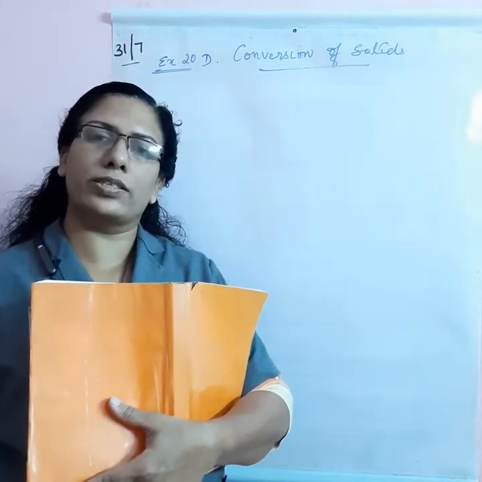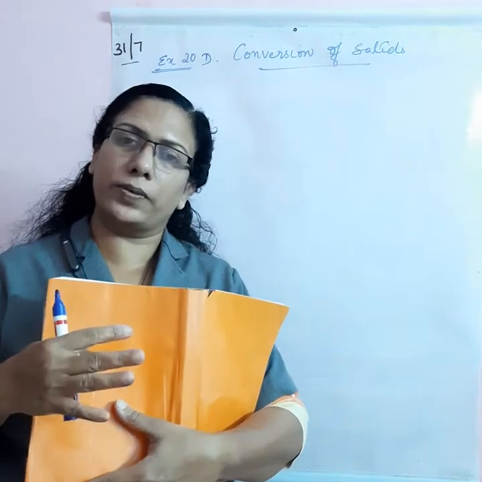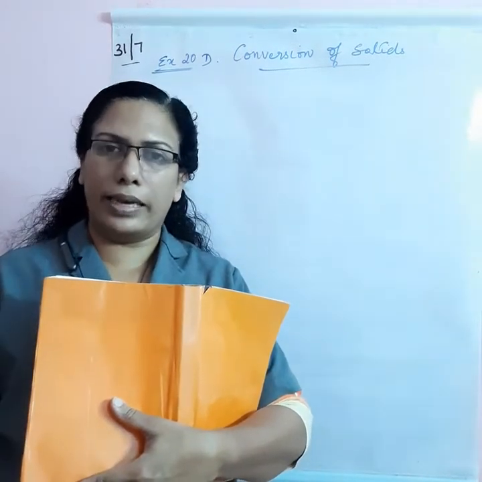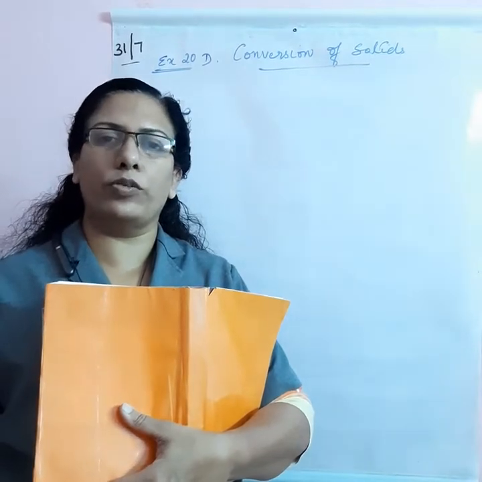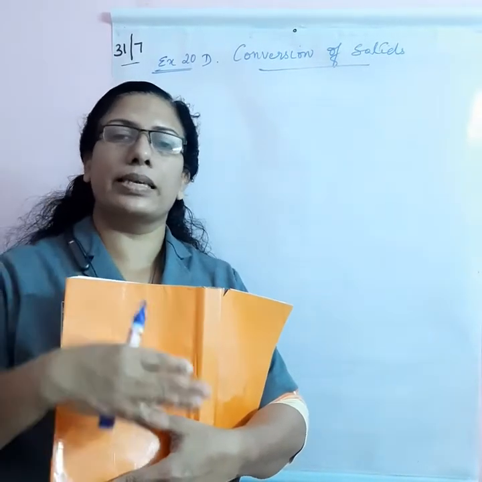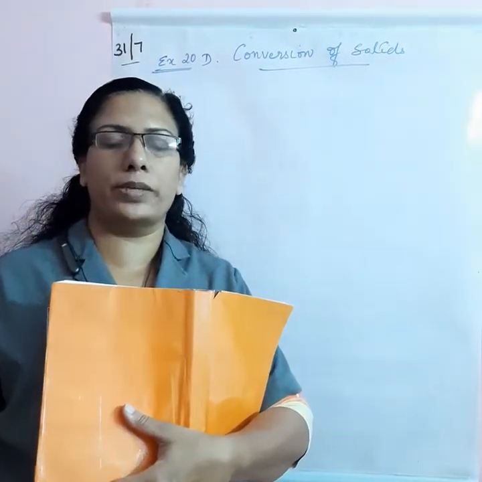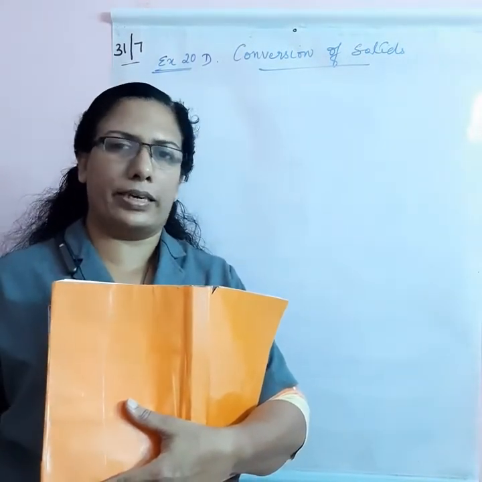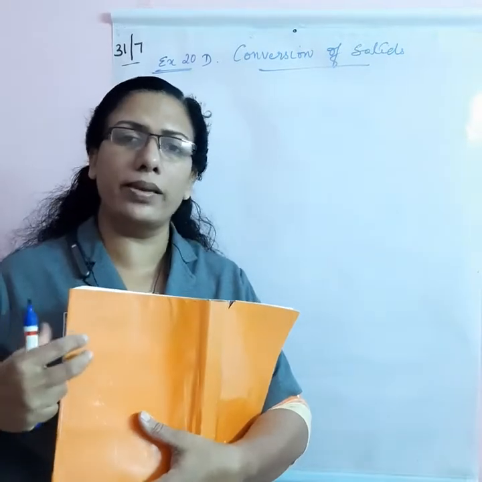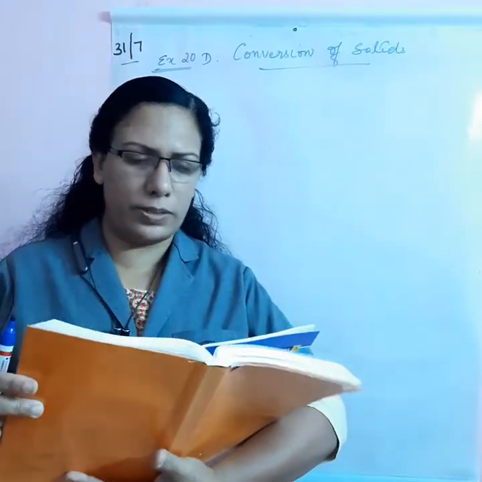So, what is the concept used there? The volume of the sphere will be the same as n number of cones recasted into the volume of one cone. Maybe a cylinder will be recasted into a sphere. It means the volume of the cylinder is the same as the volume of the sphere after recasting. So this concept you have to keep in mind and do this type of problems in this section.